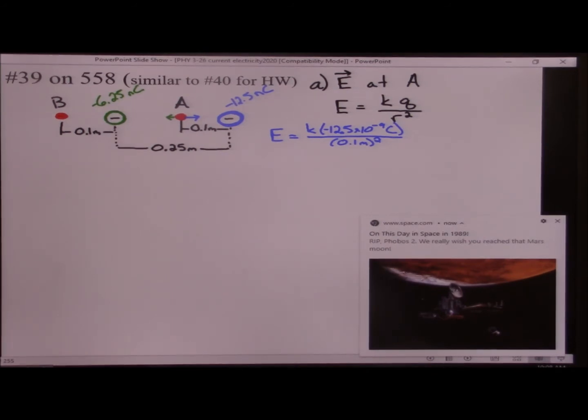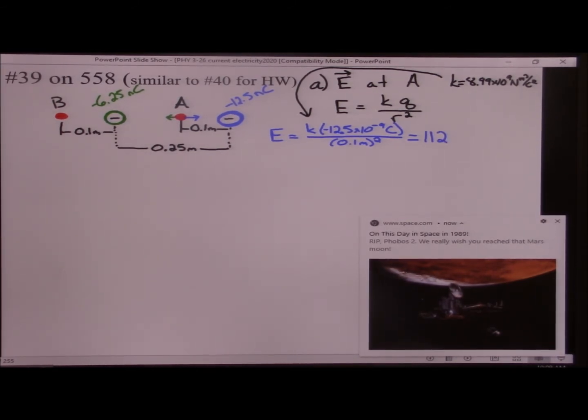Now if you plug in K is 8.99 times 10 to the 9th, and to save a little time I'll write that up here. So any place you see K, it is 8.99 times 10 to the 9th, and that's going to be measured in newtons meters squared per coulomb squared. So if you just plug that in right here, multiply everything out, so that K times the charge divided by the distance squared, you're going to get a total field, let's see here, of